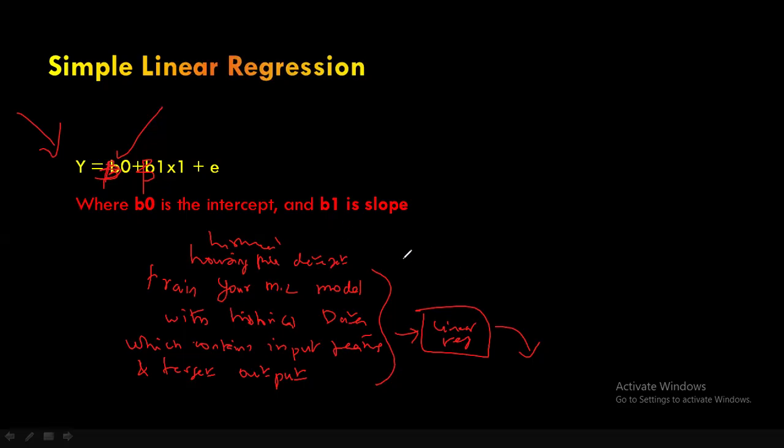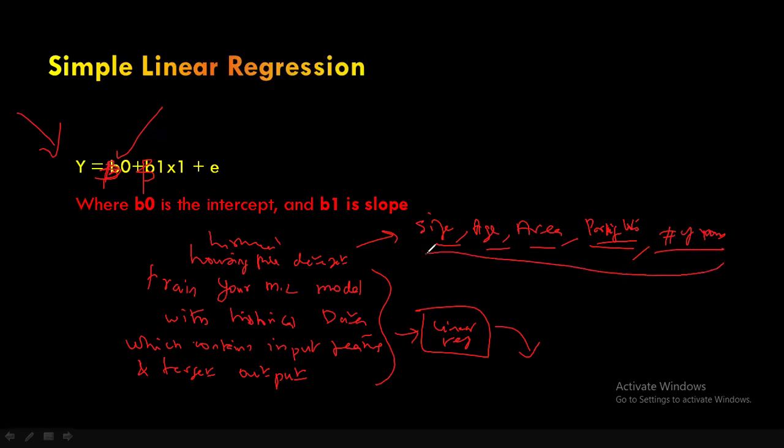So what are the input features here? We already discussed: the size of the house, the age of the house, and the area, which is nothing but the location. Nowadays the number of parking lots also matters, and the number of rooms also matters. So these are the key input features. If I give 100 houses